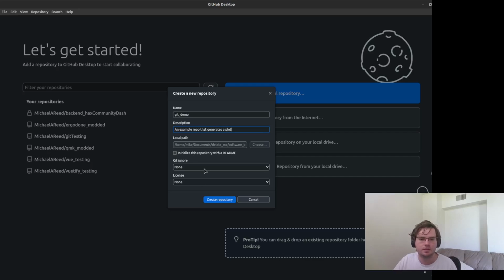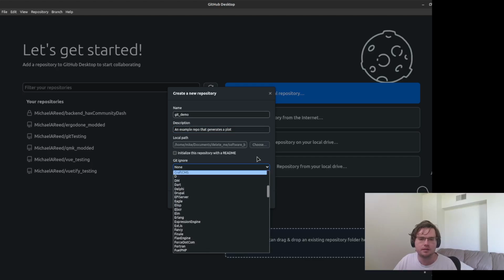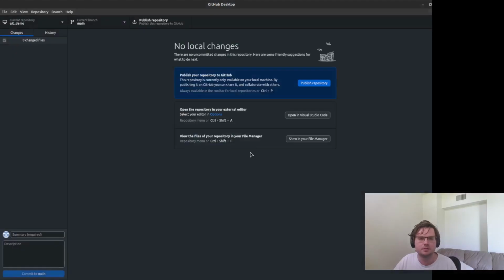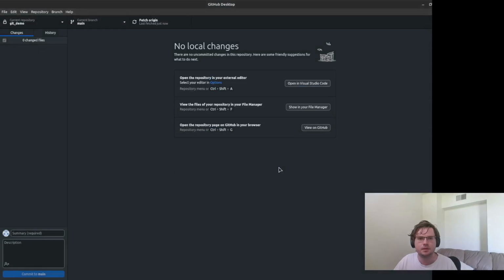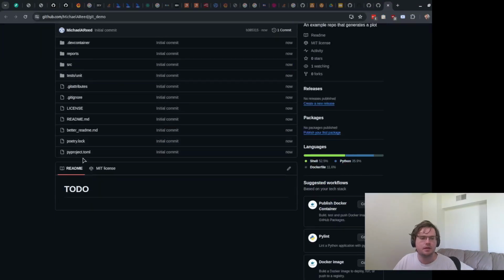I'm not going to initialize any of these. I guess I actually already have one from the previous time I did this. I'm just going to click create repository. We're exactly where we were before. I'm going to publish it. I'm going to do the same thing. After that's done, I can view it on GitHub again, close this one, and I'm pretty much back to where we were before.